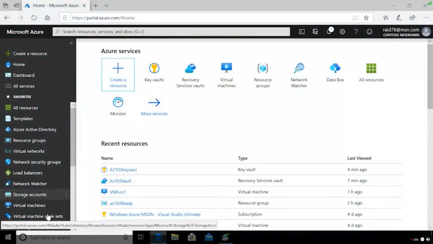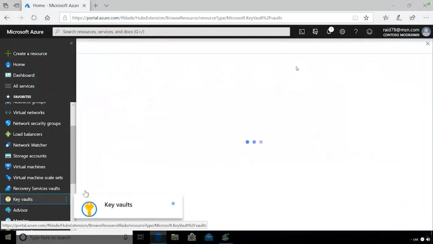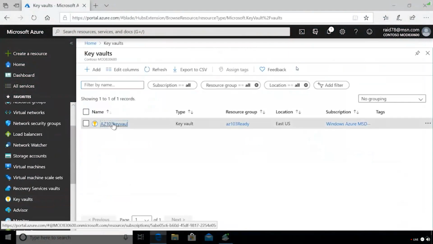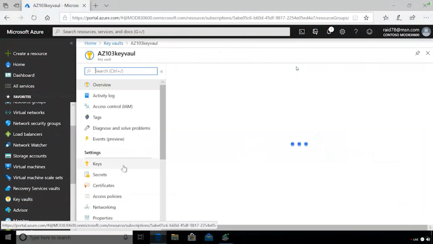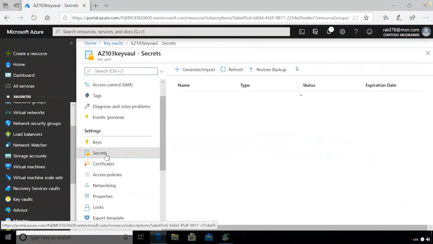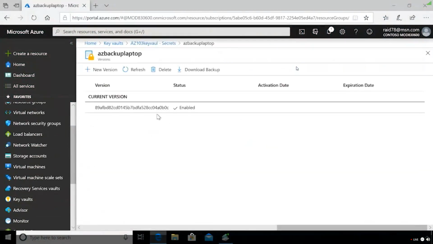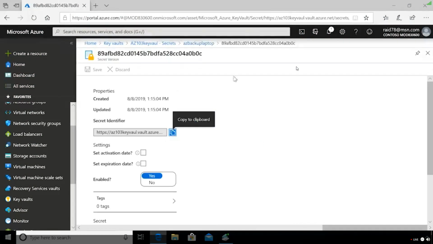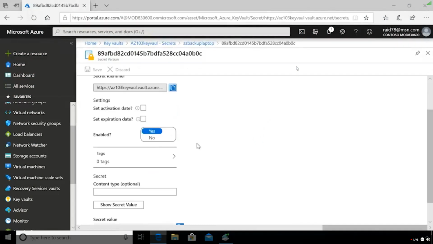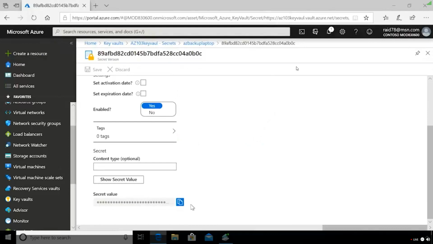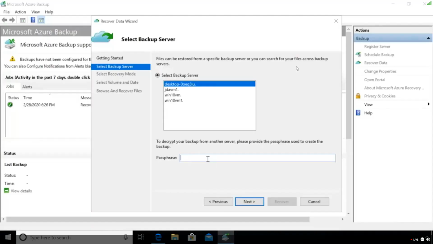So what I can do is go into my subscription, go into my Key Vault, and inside my Key Vault, I'll find the one that I have. I have a couple of keys, and this is called a simple secret. Secrets are great for that common administrative password, that just generic environment, and this particular one is just for this laptop here, and I'll drill into the actual key itself. So this is where the secret's stored. There's the endpoint that I have, and notice it has my secret value. I don't even have to know what it is. I can just simply copy this value, go back to my wizard, paste that in, and now I can begin.